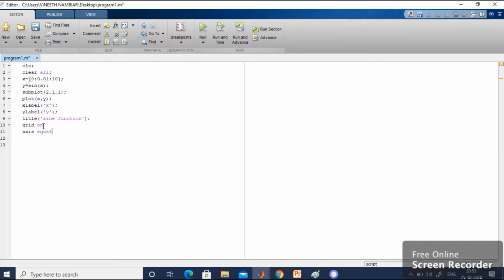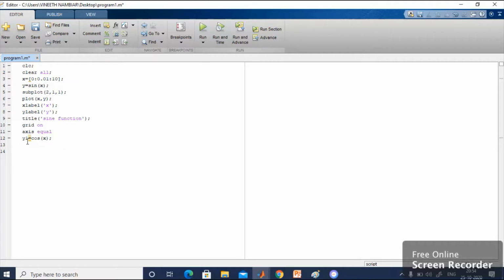I need to accommodate the second diagram in the particular graph, so the graph will be divided. Now, let me make it for the cosine function. We already defined the value of x. The x range has been specified very clearly. Now let me call the function. Let me call another variable. We can choose any other variable. Let me call y1 for my convenience. Y1 equal to cos x.